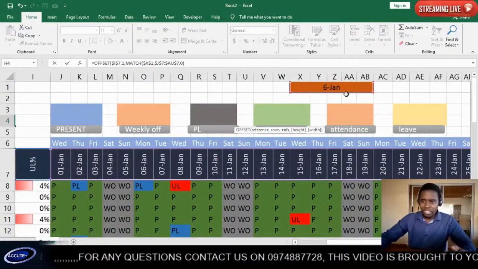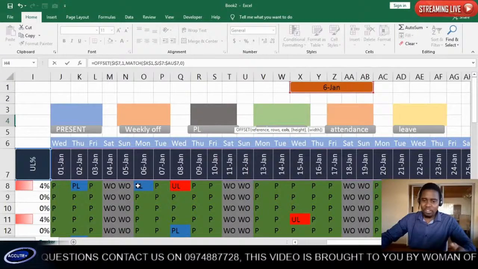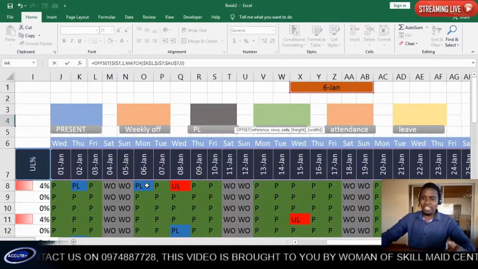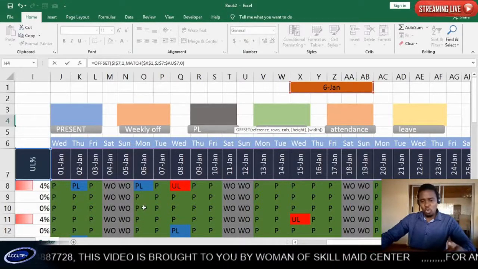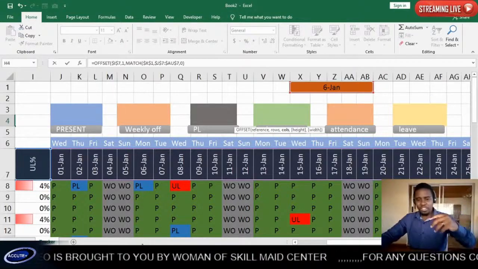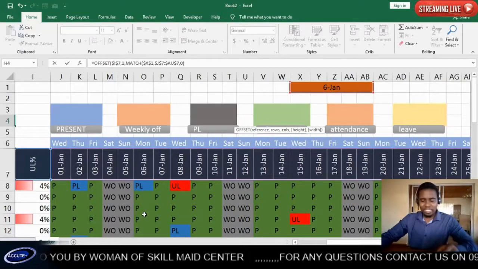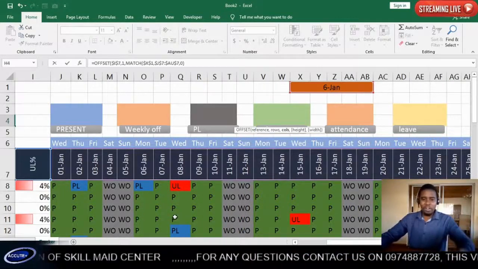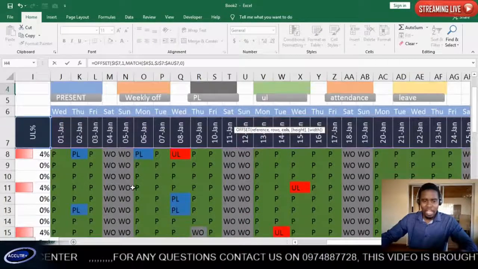So when it has picked, for instance, 6th January, it knows that the data it's picking from is here, but it's asking me how many rows should I go down, or what is the height of this. So I have to go down how many steps to pick that data. So I want it to go down how many steps from this 8th cell up to